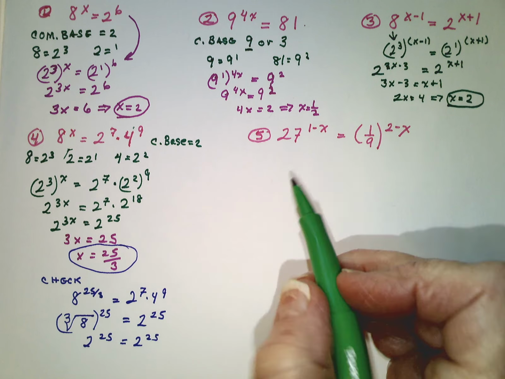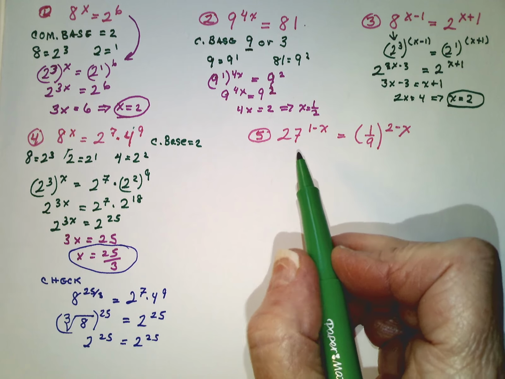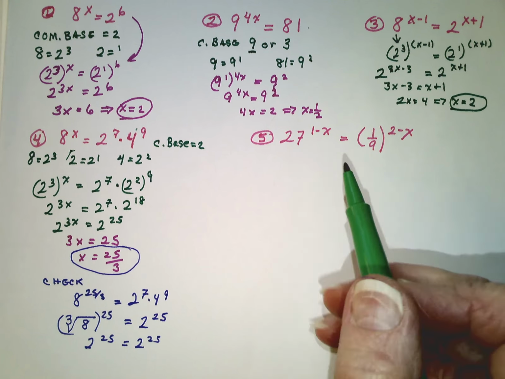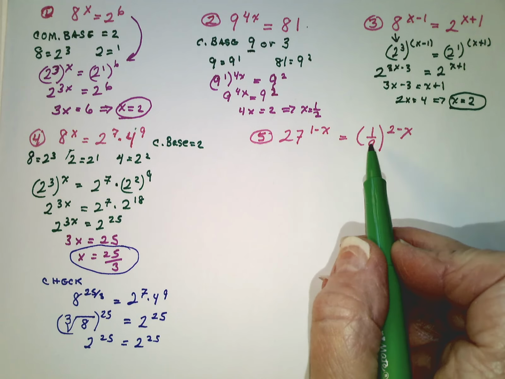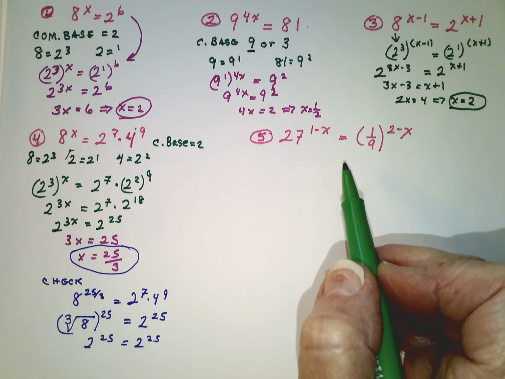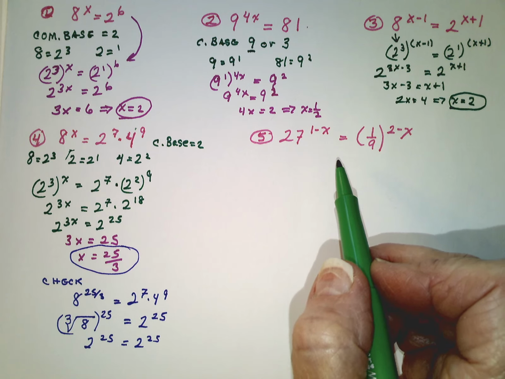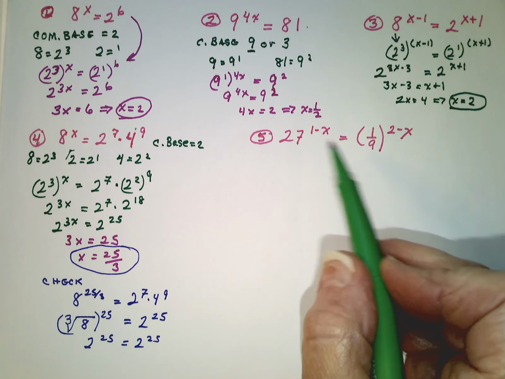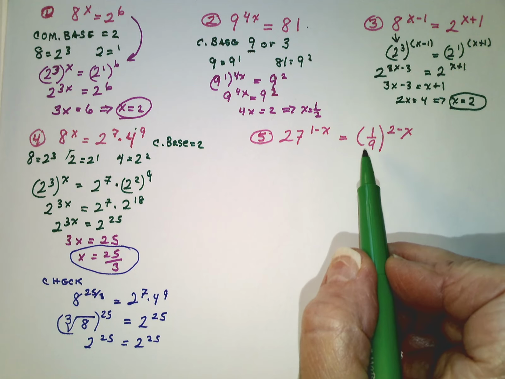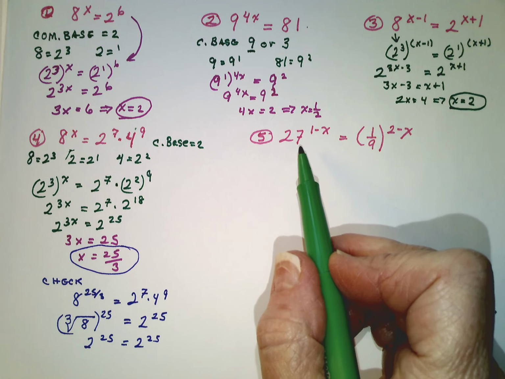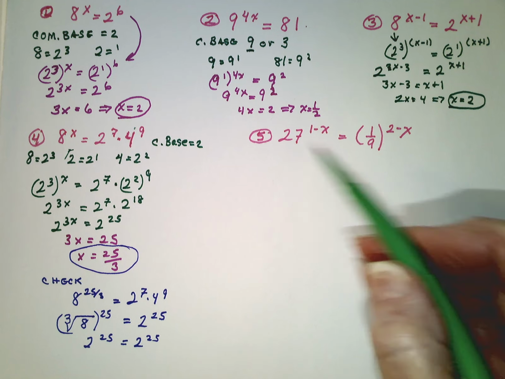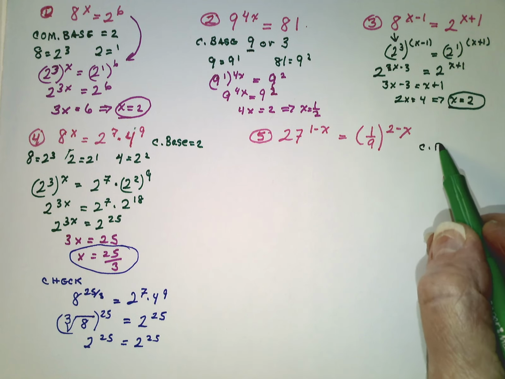The last one is a little weirder. We need something that when you raise to a power comes out to 27. You raise that same number to a different power, comes out to 1/9. Well, roots of 27 and 9, there aren't that many roots of 27 and 9, except 3. And we can do this. We can pick a common base of 3